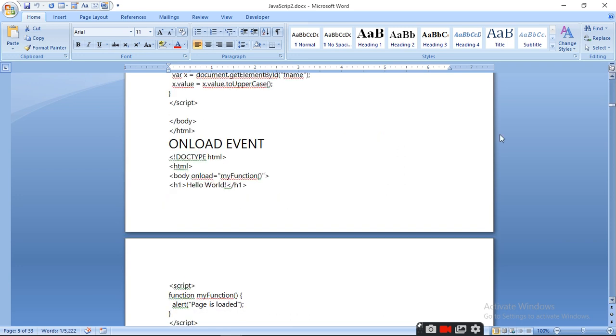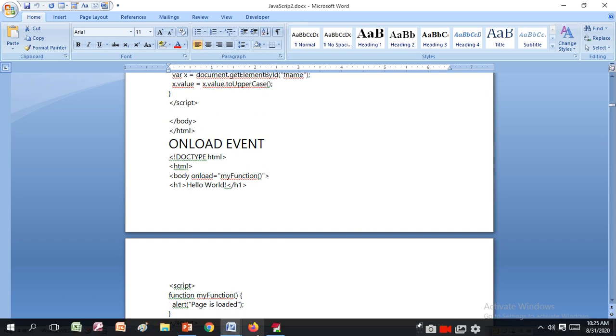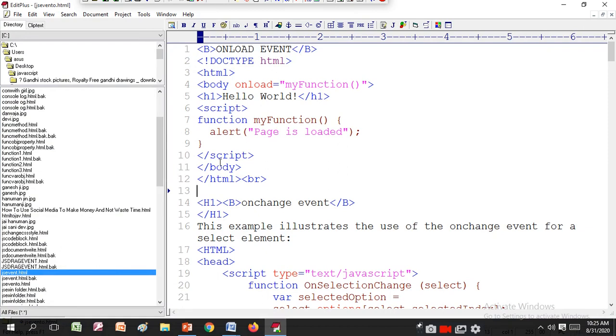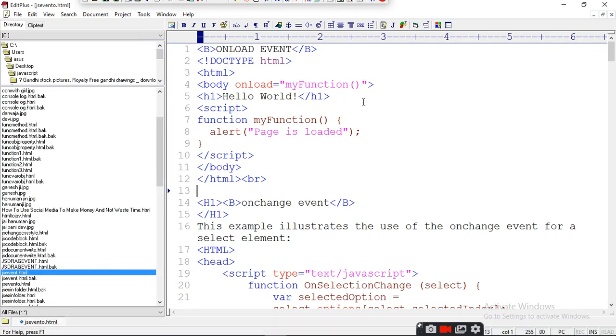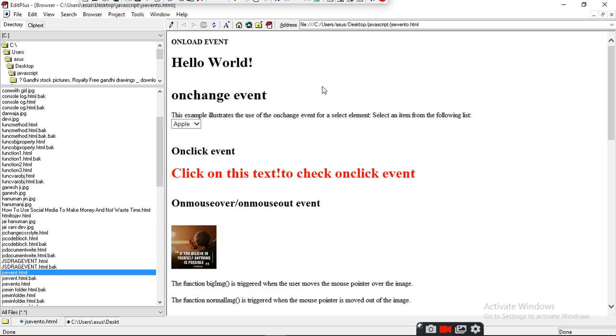In the function I have written alert page is loaded. So let's see how we will do this. Here onload myFunction, in the function I have written page is loaded. When you run this, it will give you hello world.